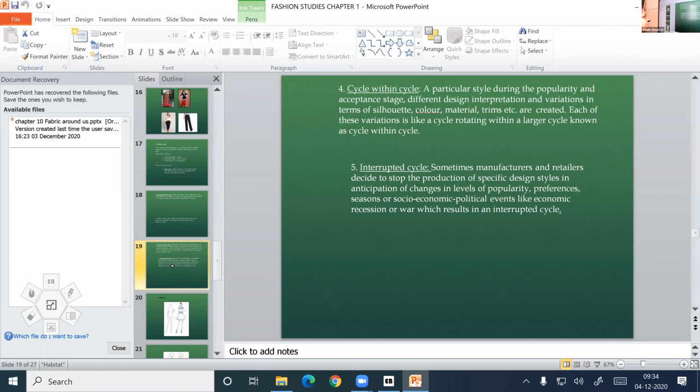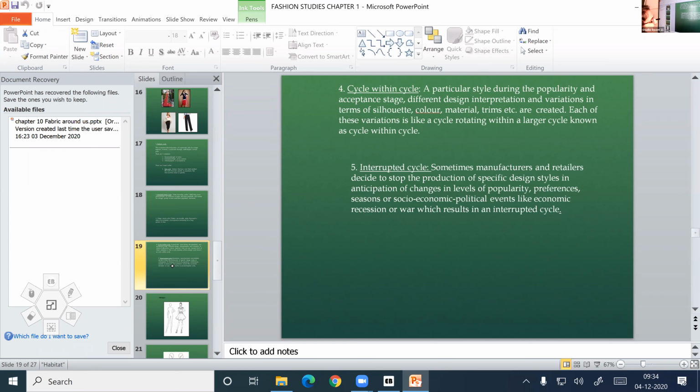The next topic was cycle within a cycle. It means that a particular style, during the popularity and acceptance stage, gets different design interpretations and variations in terms of silhouettes. Who is going to explain in simple words? Meghna, can you explain? Cycle within a cycle is a style that has popularity and is accepted by the audience or society, and it has different designs and variations in terms of silhouettes,